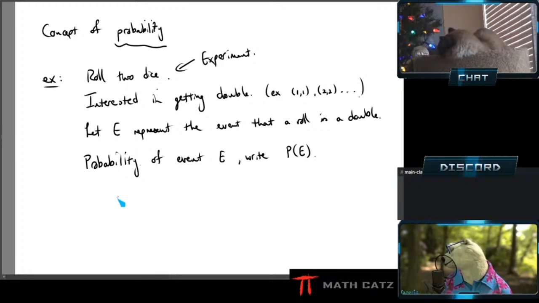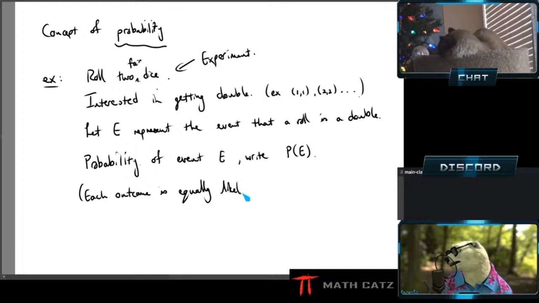So all it is, because each outcome is equally likely, these are 2 fair, balanced dice, that I'm just as likely to get 2 ones as I am to get a 2 and a 3 or any result. Each outcome is equally likely. And that's the best case scenario, the simplest scenario, and the one that we want to focus on.